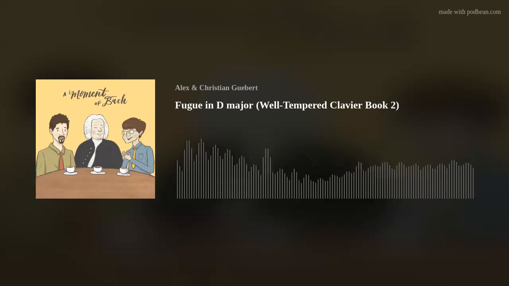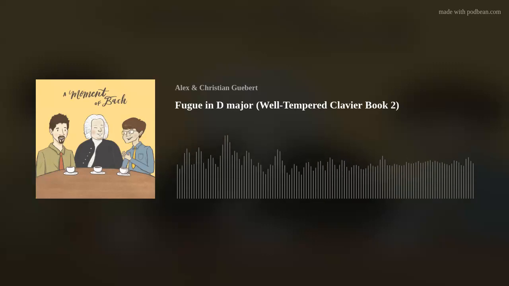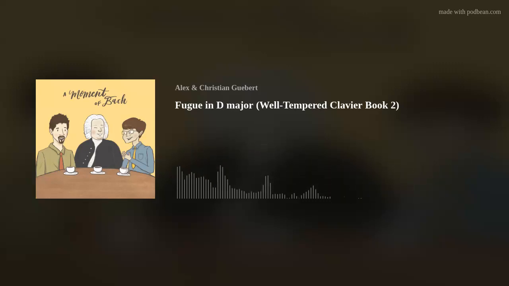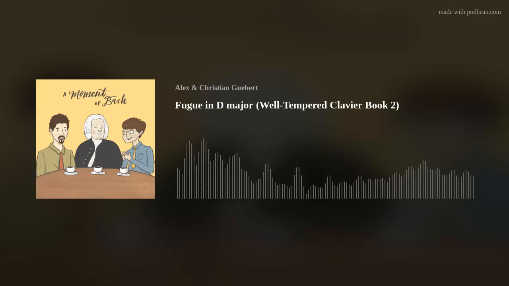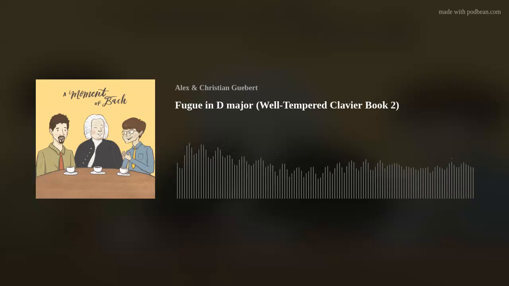In the soprano, we begin on the A. One beat later, in the alto, we begin on the F sharp. And then we need to jump down an octave because we're running out of room from those descending intervals there. In the tenor, we have D, which is the original subject. And then the bass has B. And these are all full answers. These are all full statements of the motive, I should say.